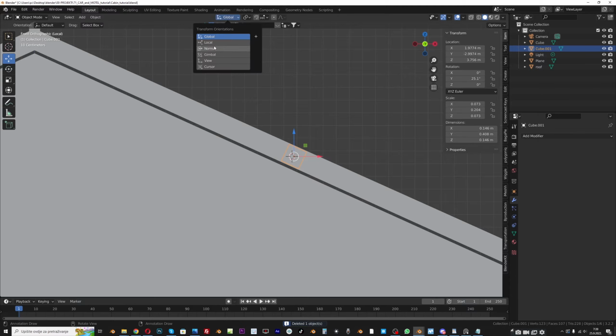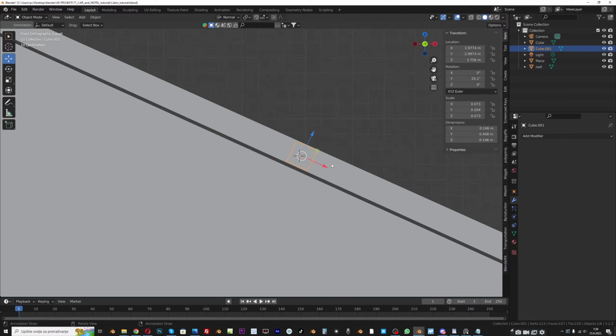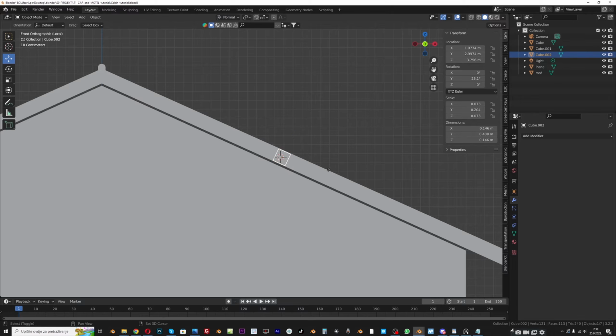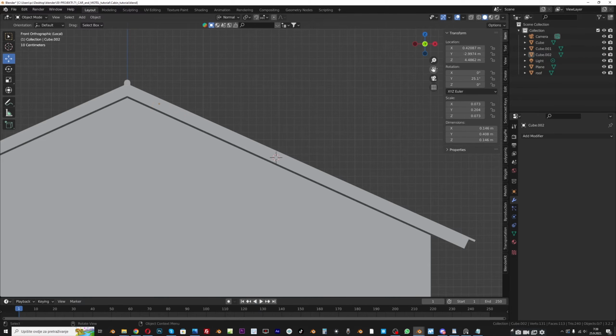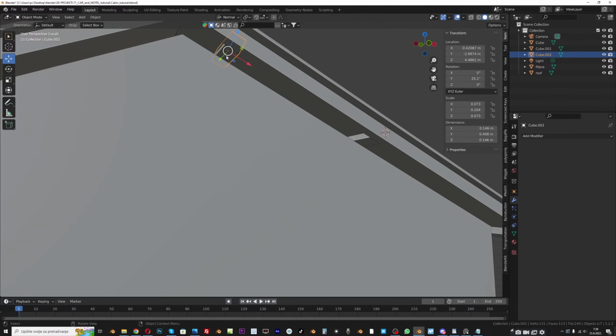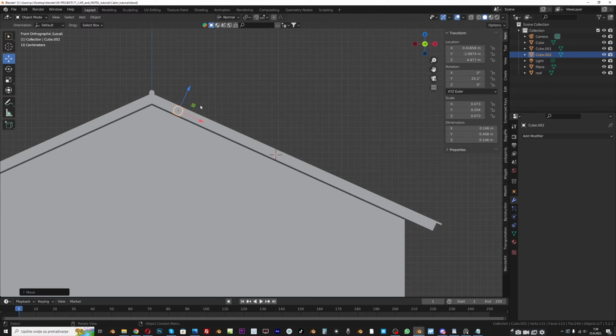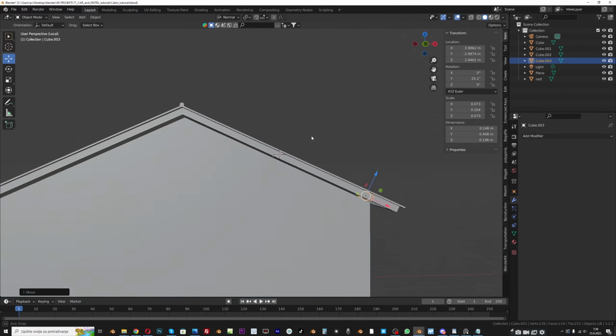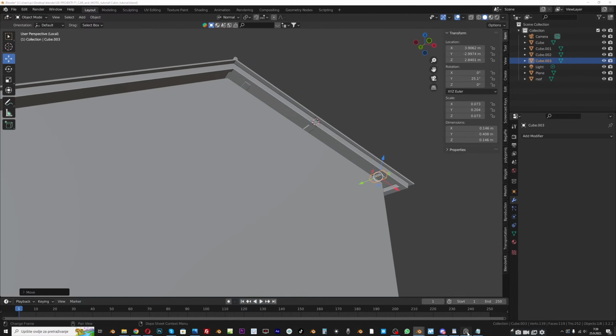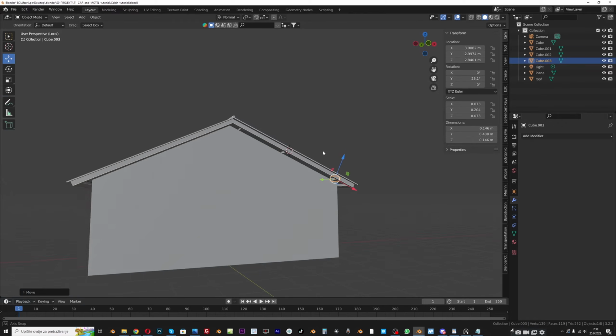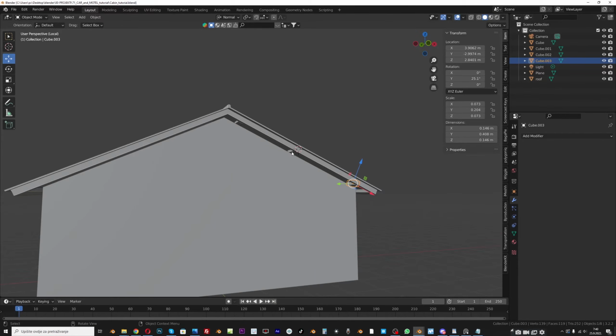You can just switch to normal orientation and now you can go with Shift D to duplicate this object and move this along the normal X axis. And we can put one here. And we can also duplicate this one more time with Shift D, and we can move one here. And now we can select these three objects,